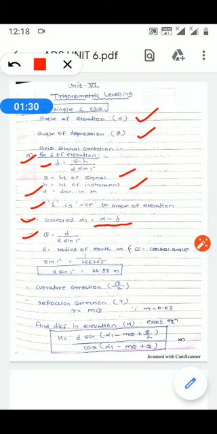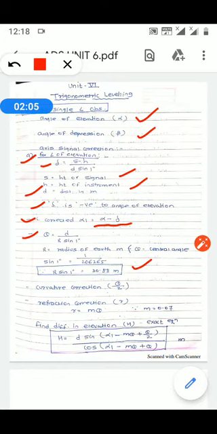To determine the value of theta, again we have a very simple formula, that is theta is equal to d upon R sine of 1 second, where capital R is the radius of earth in meters and theta is the central angle. Now sine of 1 second is equal to 1 upon 206265, which is a standard value. Therefore R sine of 1 second is equal to 30.88 meter. Keep in mind always that R sine of 1 second is equal to 30.88 meter.